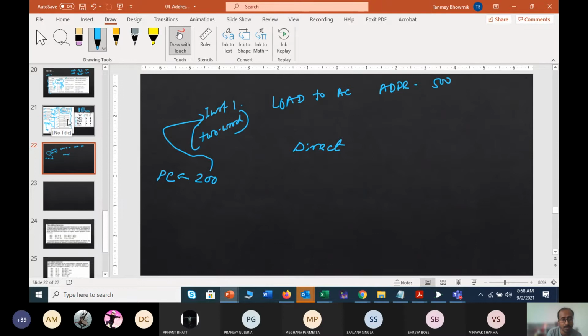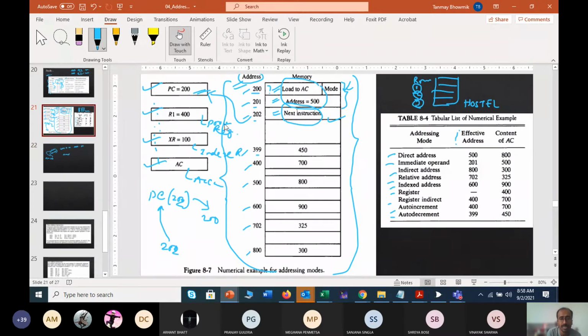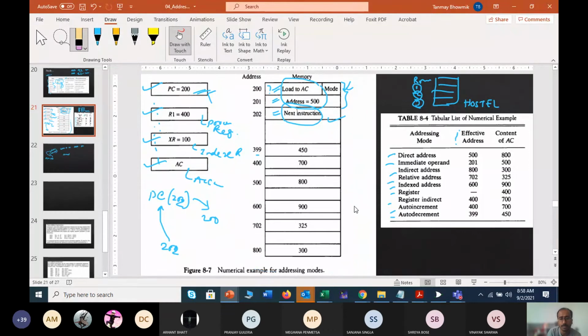Now we will check. So let's go to the box again. Just first make sure that we have cleared these unnecessary rows. Okay, so I am removing them. Okay, now you can see that the first thing we should check is load to accumulator mode address equals to 500.